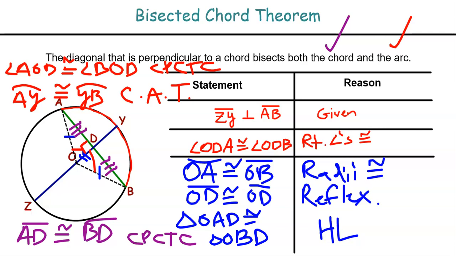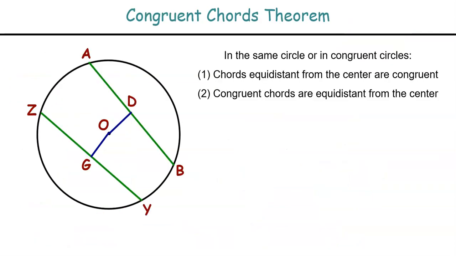So the last thing we have to see related to chords is what happens when two chords are congruent. In this case, it says that in the same circle or congruent circles, congruent chords are equidistant from the center. Therefore, if two chords are equidistant from the center, they are congruent, and if the chords are congruent, they're equidistant from the center. In this particular case, it says that OD and OG, which must be perpendicular to the chord in order to be distance, OD being congruent to OG,